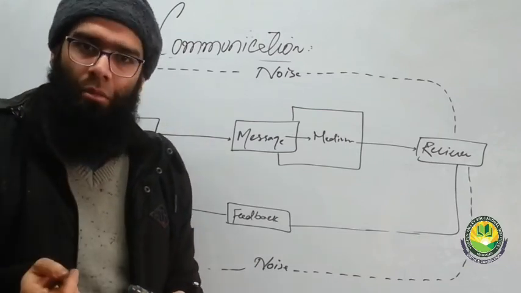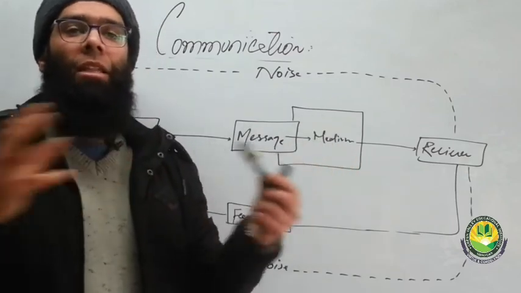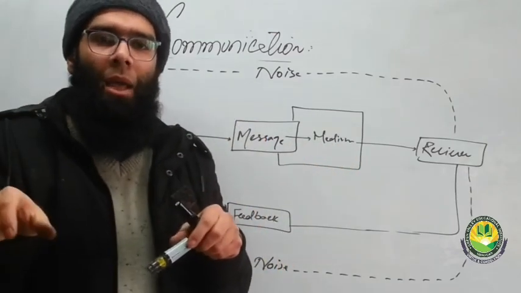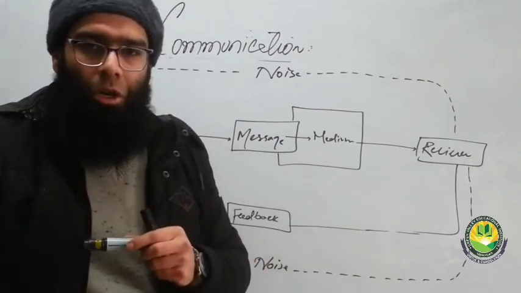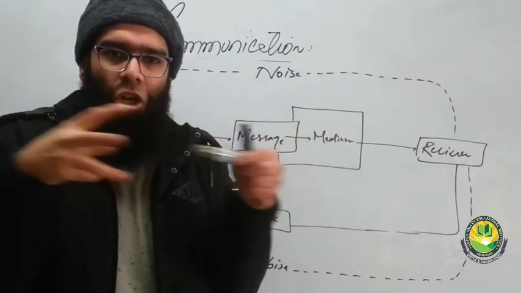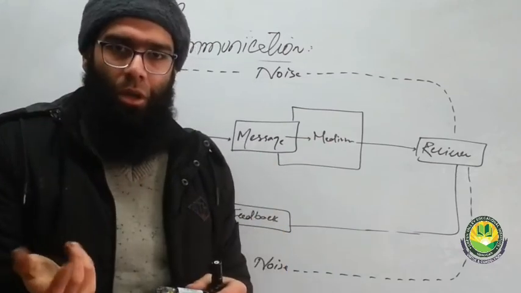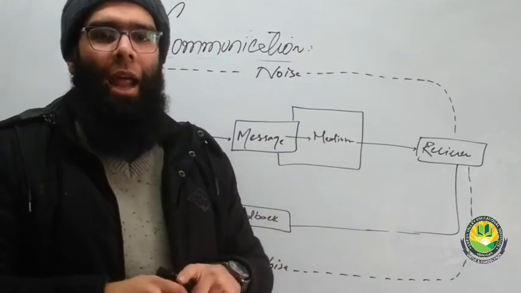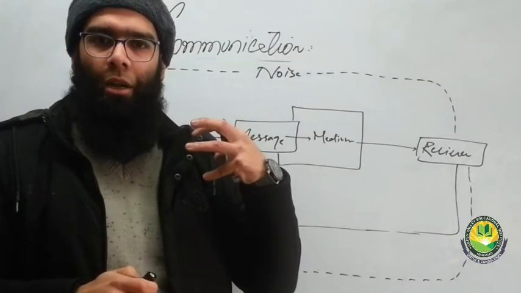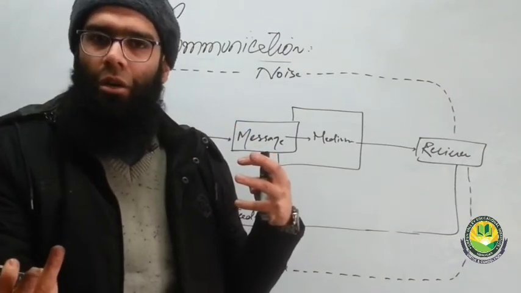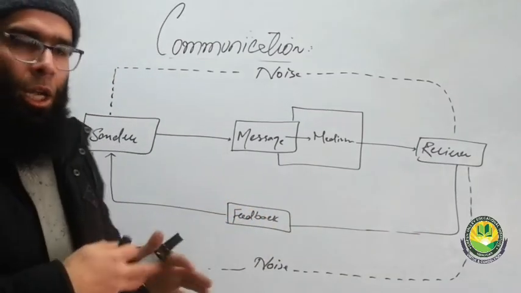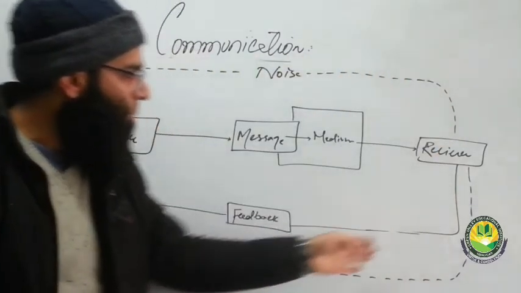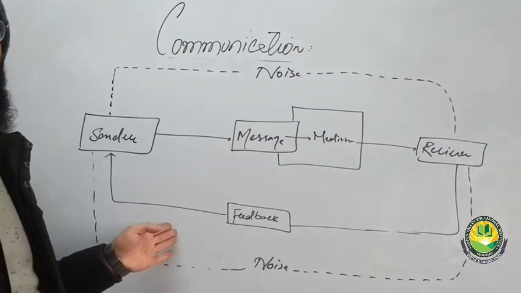That is noise. If there is too much traffic on the internet, you sent an email, but the email is half delivered to your friend. The full message is not delivered. So the congestion of the network becomes noise. Or if you are talking to a friend and there is loud noise coming from the outside, your friend is not able to understand what you are saying, that is also noise. So noise is not only shor, noise is any element that will disrupt this whole process.